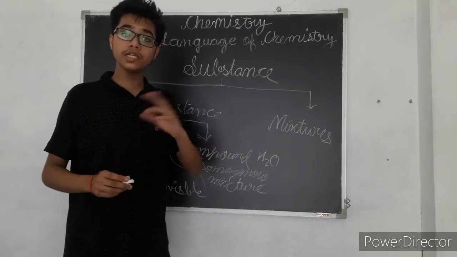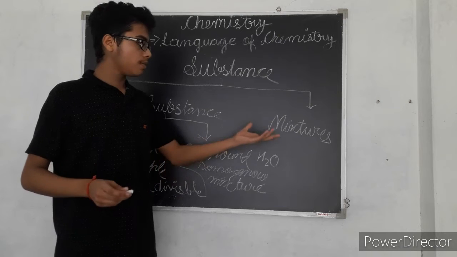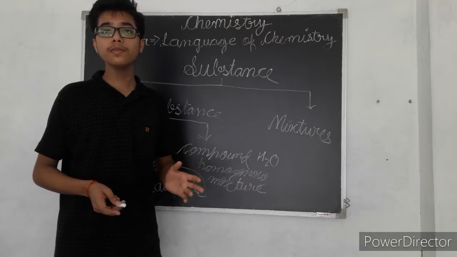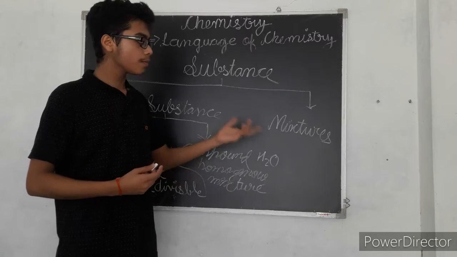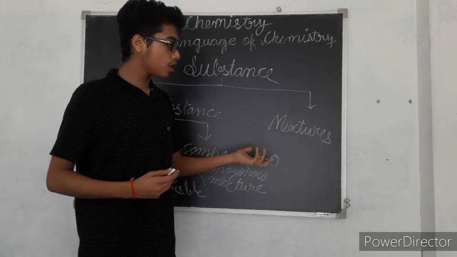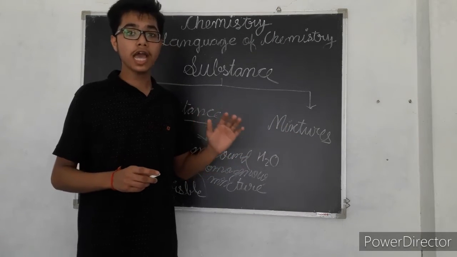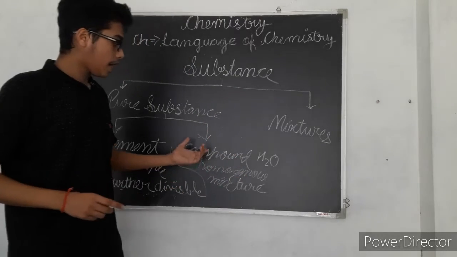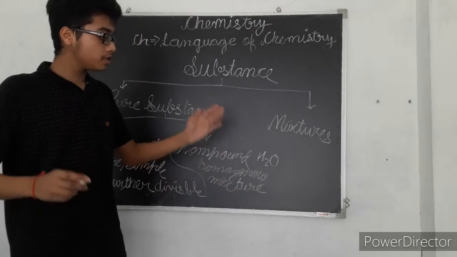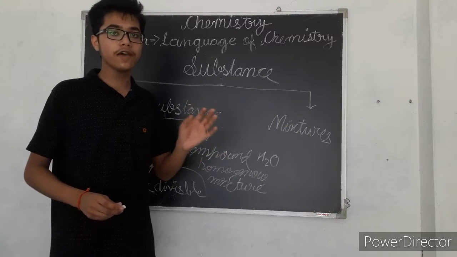Mixture is a molecule in which different atoms are present. Whatever you mix, they form a mixture. Like water and sand, they do not mix properly. Water and sand do not mix, but it is a mixture, a heterogeneous mixture, because they do not mix properly and do not have their property throughout. And a compound is a homogeneous mixture because it has its property throughout and the constituents mix in a fixed proportion. In a mixture, there is no ratio in which they have to mix.